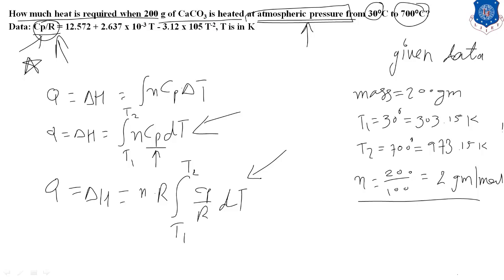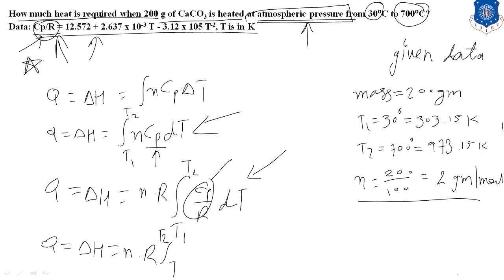So let's put this value. The equation becomes Q is equal to delta H is equal to N into R integration of T1 to T2 of Cp upon R, which is given in the statement, and replacing Cp upon R by this value, we will get